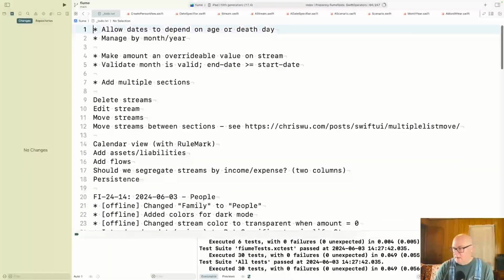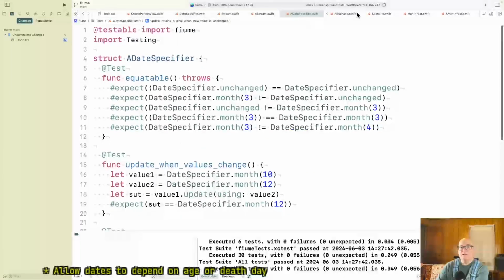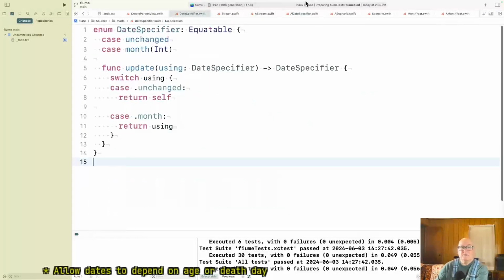Okay, so now I want to let this date depending on an age thing come through. Well, what I'm imagining is a date specifier is going to get more stuff. Where's date specifier?